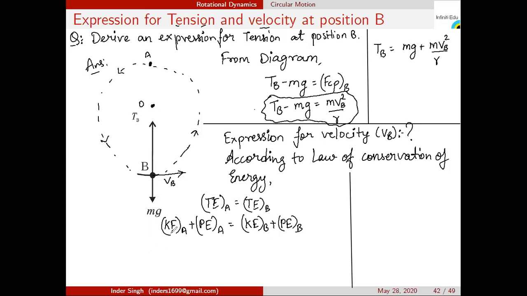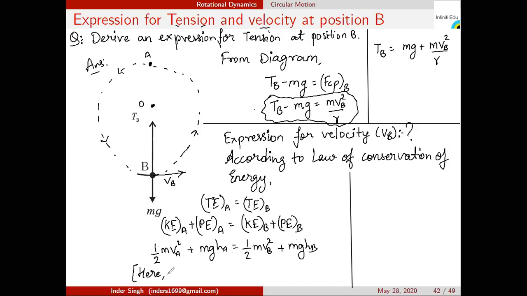Okay, so what is the kinetic energy at position A? Half mv square. At position A, what is the velocity? va. What is the formula for potential energy? mgh. At position A, what is the height? ha. This is equal to kinetic energy at position B, half m vb square, plus potential energy at position B, mghb. Okay, so what we know here,